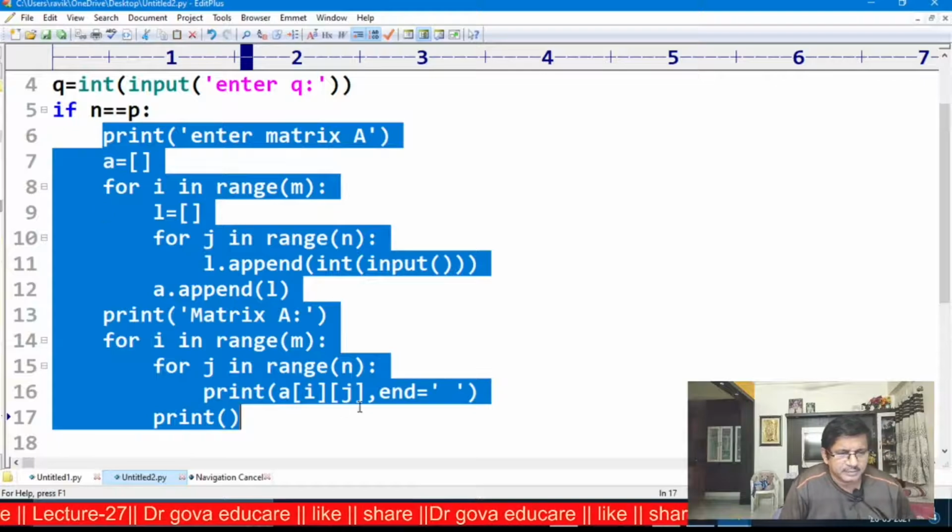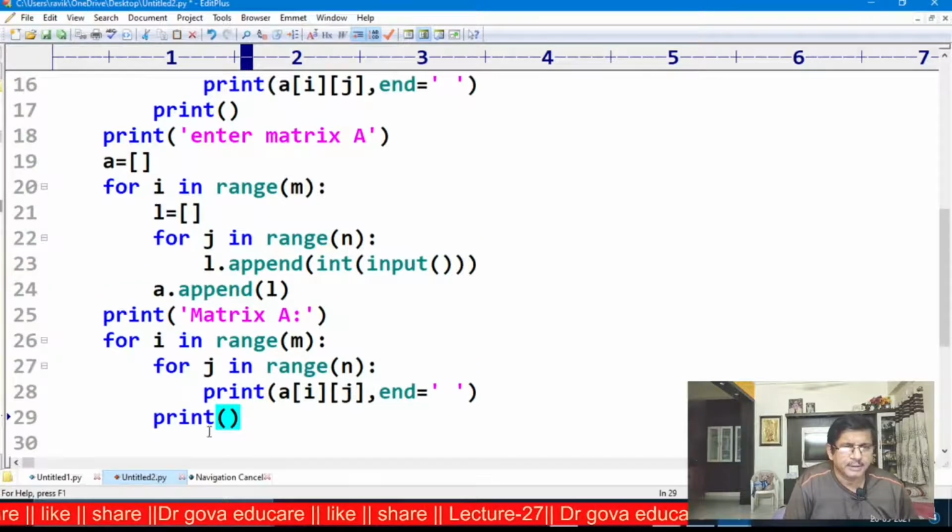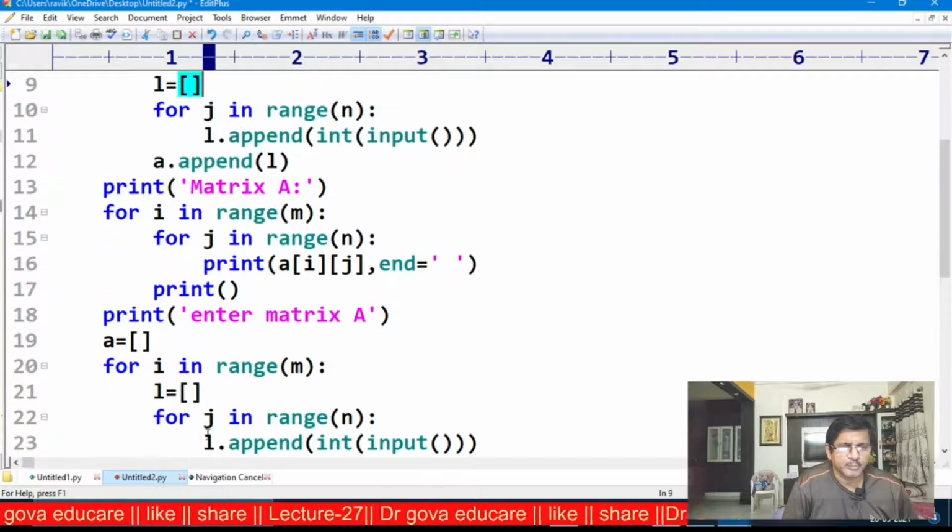Control C, Control V. Now this will be copied here.